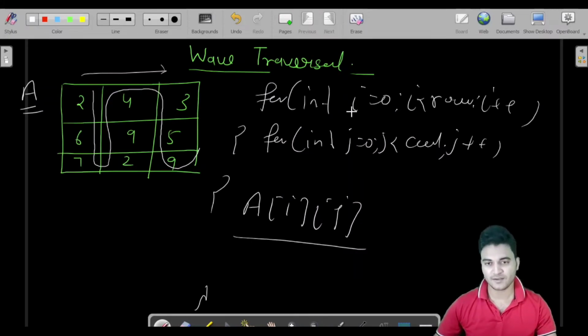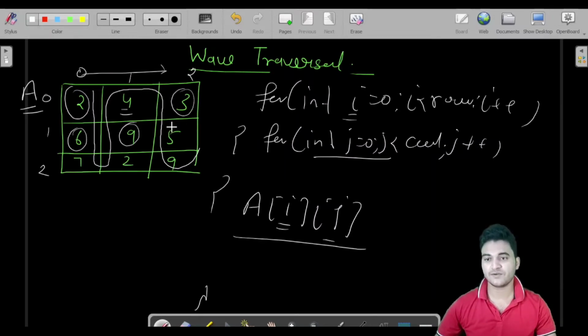So what it is doing: let us say first of all i is 0 and j is 0, so it was printing this, and then j was increasing, so a[0][1], then a[0][2], then a[1][0], a[1][1], a[1][2]. It was printing this way. But we do not have to print this way. What we have to do is, after printing the first row of the first column, only then we have to increase our i, and then again print the output for the second column and then for the third column.